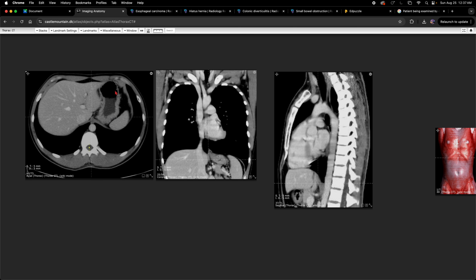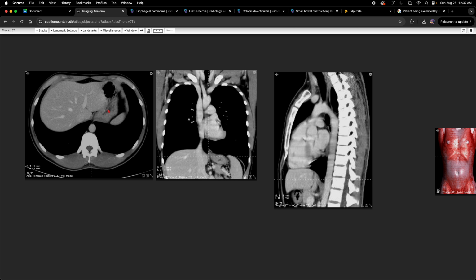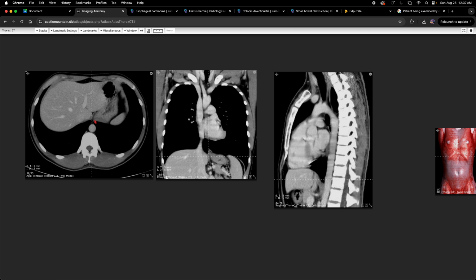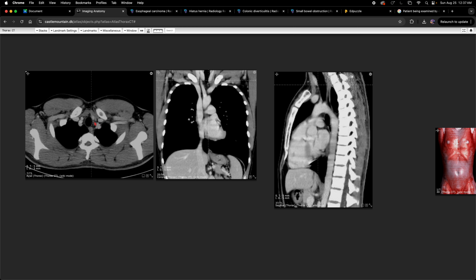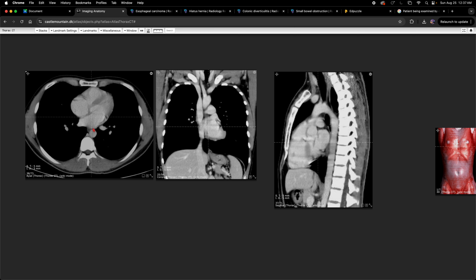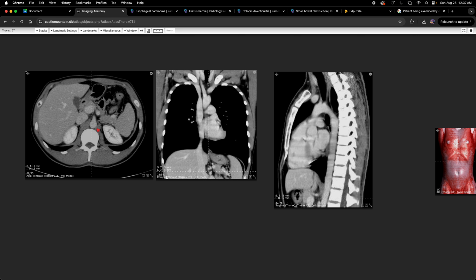That's the stomach. We can see air in the stomach right there, and some fluid. And we've now identified the esophagus. You can see it there in the upper part, the lower part of the chest, upper part of the abdomen. We can also see it higher up in the chest, just posterior to the trachea. So we've seen the trachea, we've seen the esophagus, and now, if we go down lower, we can